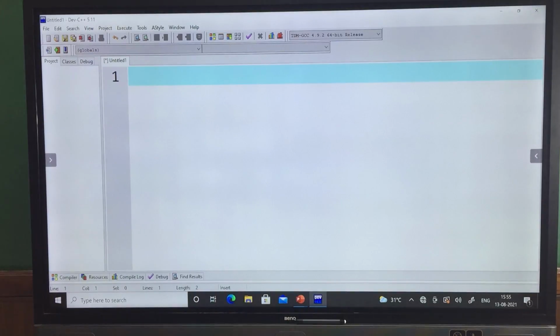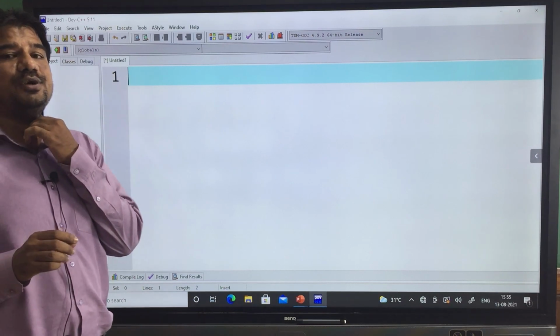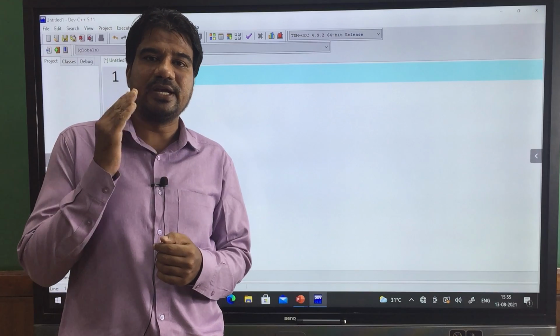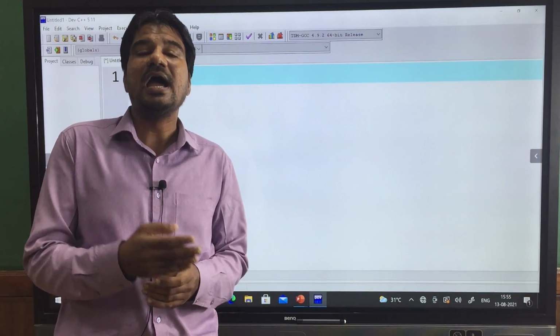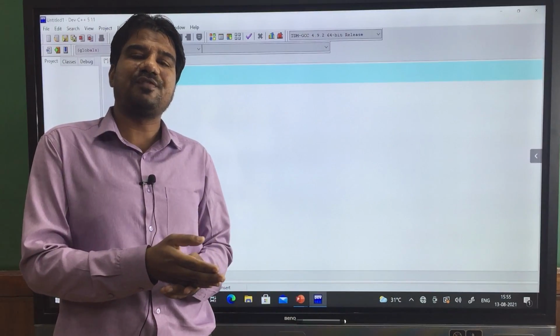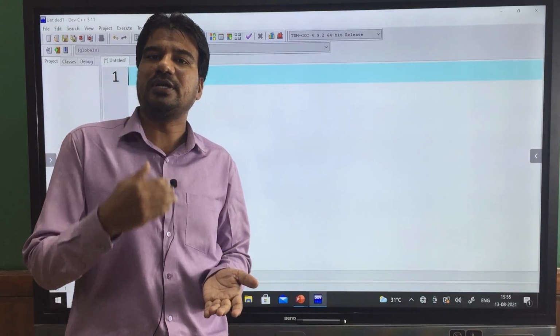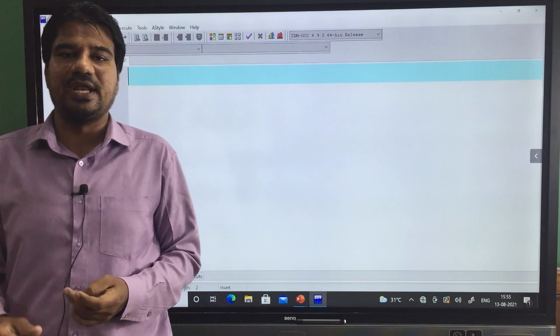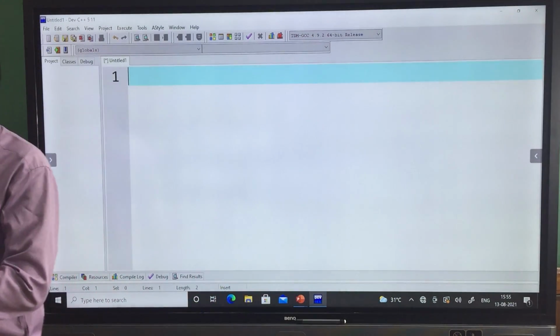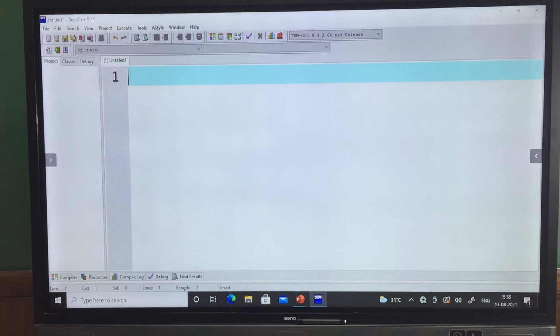Yeah, here we have our compiler, Dev CPP compiler. So let me just type that program. Same thing: I need to declare my sample structure, create a variable of that sample structure, create a pointer to that sample structure, and then store the address of the structure variable into that pointer. Using that pointer, I will show you how we can access all the elements on the output screen. Very simple concept, so let me start writing the program.